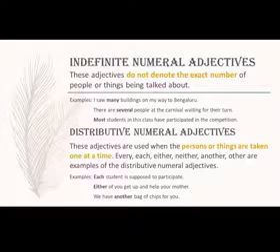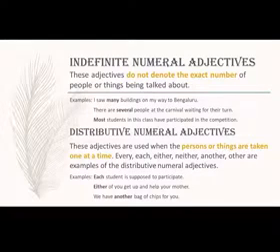For example, I saw many buildings on my way to Bengaluru. Can you count buildings? Yes, we can. But if I do not know the exact number of buildings, I have mentioned the word many, which is an